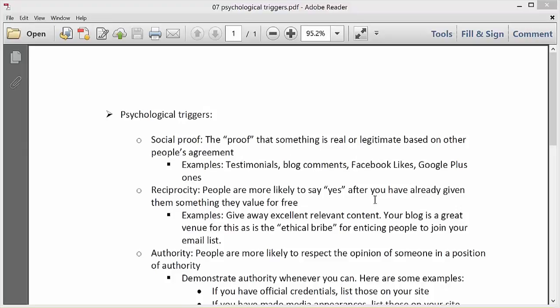If your Facebook fan page has a bunch of likes on it, then that would be an indication that you are the real deal. Next trigger is reciprocity, and people are more likely to say yes after you have already given them something they value for free. Examples are to give away excellent, relevant content. Your blog is a great venue for this, as is the ethical bribe for enticing people to join your email